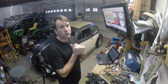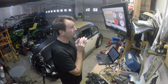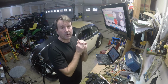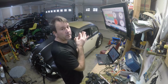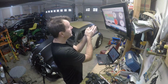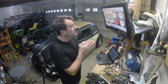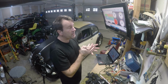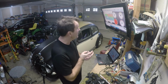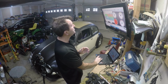But when I say don't do what I do, is when I was first playing with this EFI, I would jump in the car, fire it right up, and I'd come right to this table, and as the car was warming up, I would start moving this around. But you kind of got to do this backwards. And I know it's kind of hard to understand because you start the car up first and it's in its warm-up cycle. But basically, you have to get the car to operating temperatures